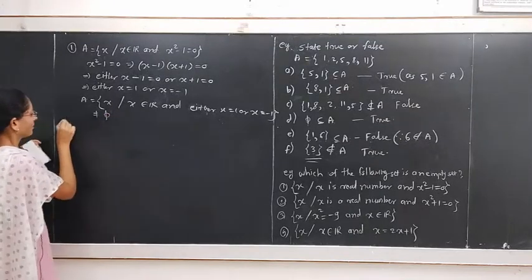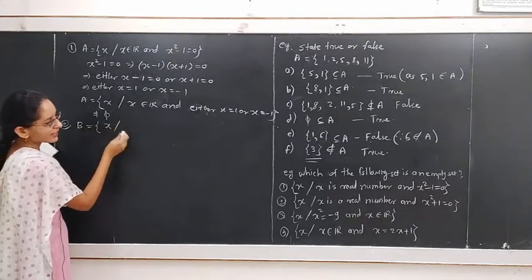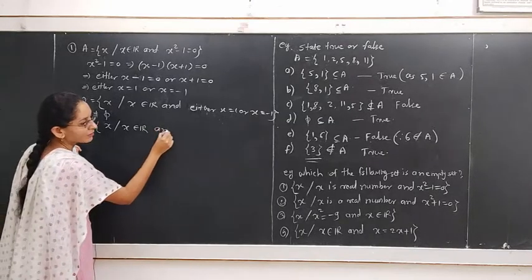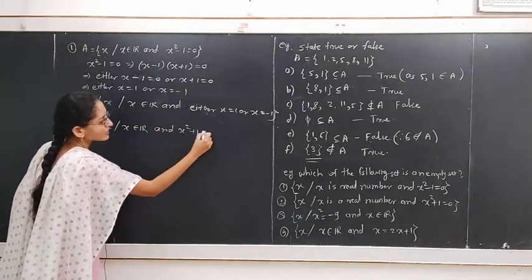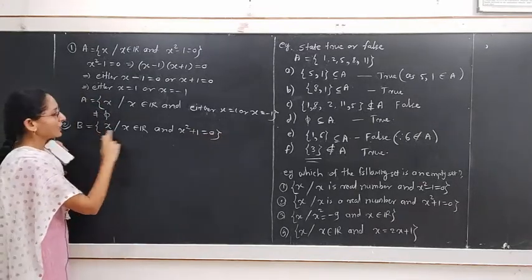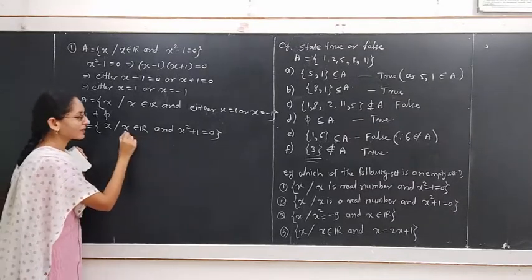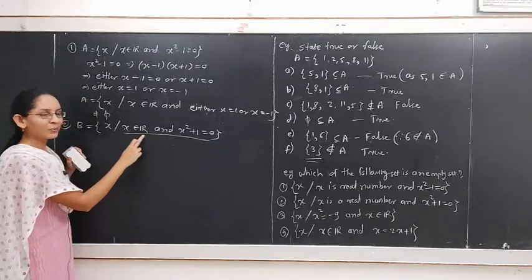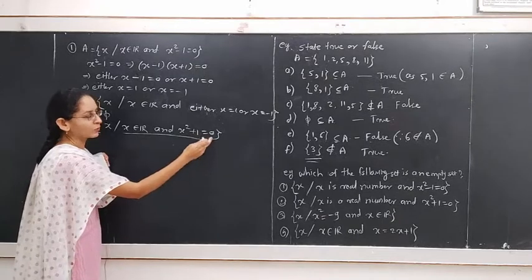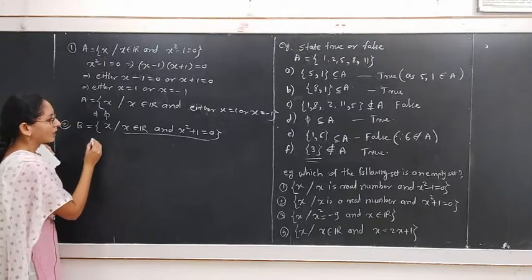In the second example, the set is given as, suppose that set is B, the set of all elements x where x is again a real number, x belongs to R, and x square plus 1 is equal to 0. Again, we want the condition on x. To check whether this set is empty or not, first we find the value of x from this given condition. x is a real number satisfying the equation x square plus 1 equal to 0. First we solve this equation so that we get the value of x.